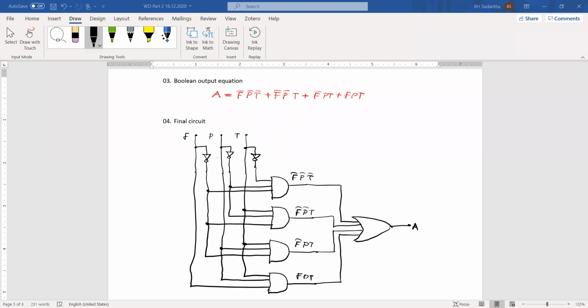I think some of you have mentioned different versions of these equations, but we will come to this later because there is a way to write this equation in a different way. At the moment we can stick to this one, but later on minimization is coming, and after that you can have different versions of this equation. But some of the versions that you have written here are not correct.